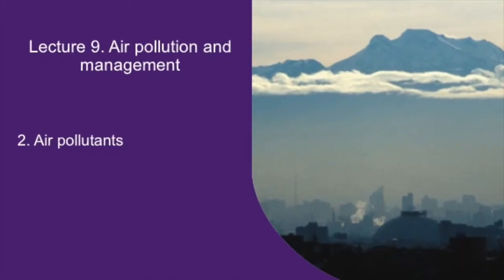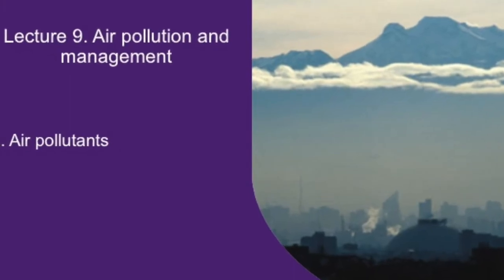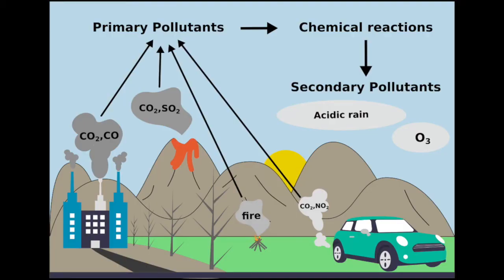So in this session, we're going to talk about air pollutants, and we're going to talk about the main 6 air pollutants, which are called the primary pollutants. And then we're also going to discuss the secondary pollutants. These are not directly emitted, and these are actually formed in combination with other pollutants that are within the atmosphere